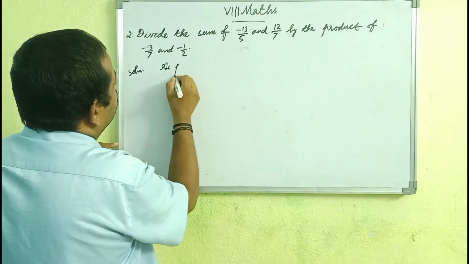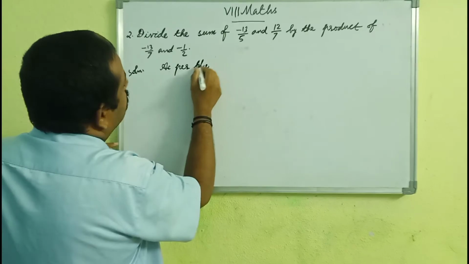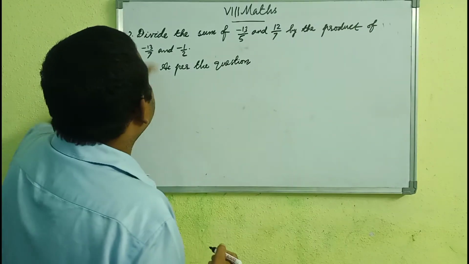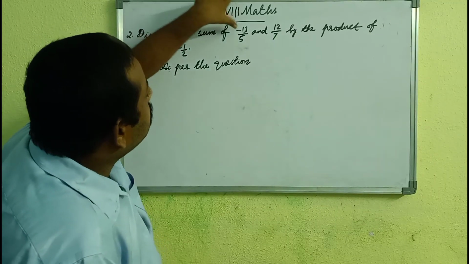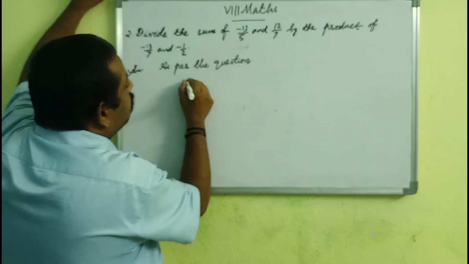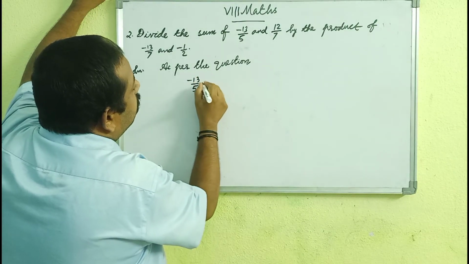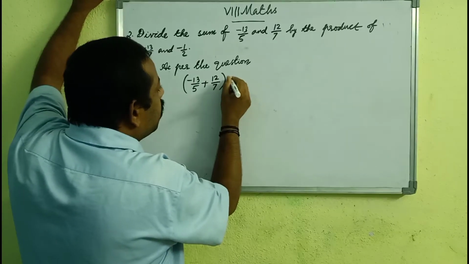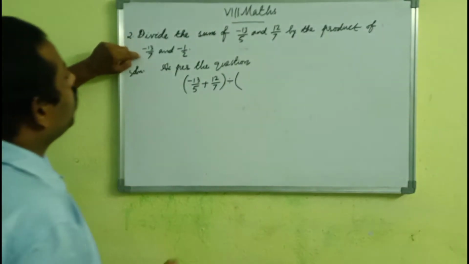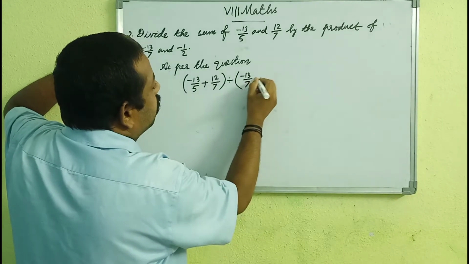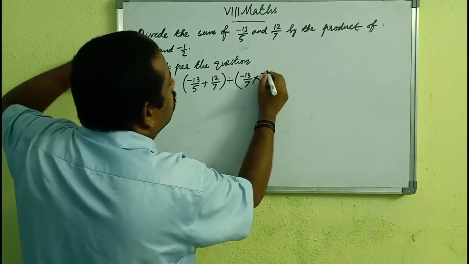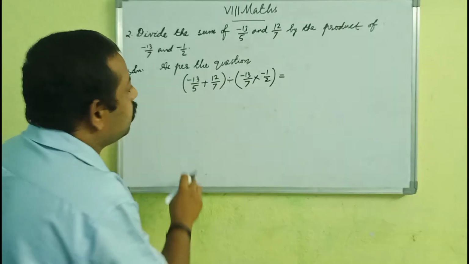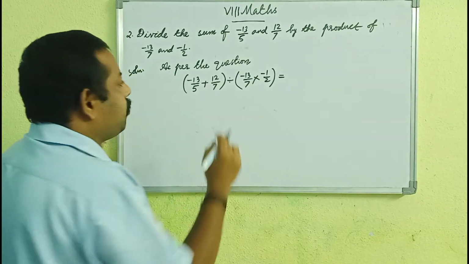As per the question, we will divide the sum of these two rational numbers. How will you write? Minus 13 by 5 plus 12 by 7 should be divided by the product of minus 13 by 7 and minus 1 by 2. To find the product we have to multiply. It is equal to, whenever you want to add or subtract rational numbers,